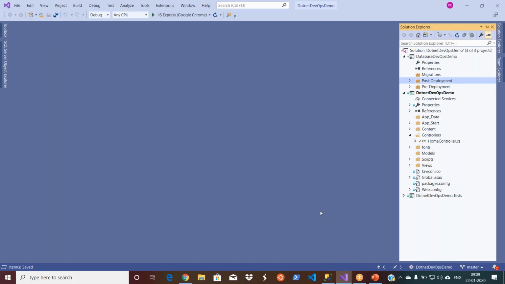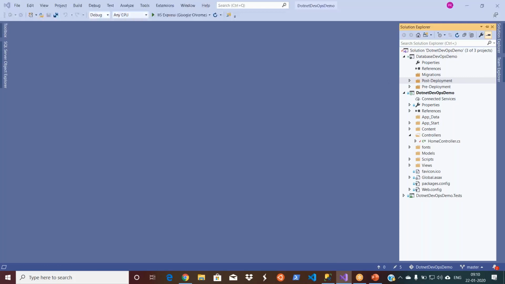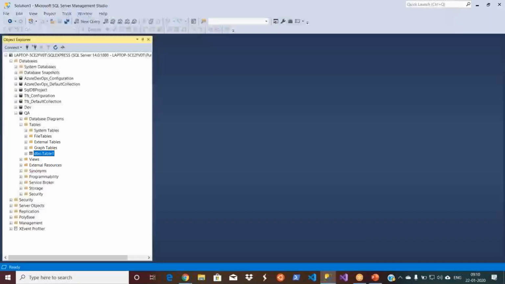Actually, what is the functionality of Redgate? So Redgate is a product vendor. The way we are using Azure DevOps for the DevOps implementation, in the same way, Redgate has this product, SQL Change Automation, which does the database DevOps for us. For automation purposes, we use the Redgate DevOps tool. Is it right? Yeah, exactly. There are a number of tools, as I showed in my slide deck. We will be using Redgate for the demonstration purpose.